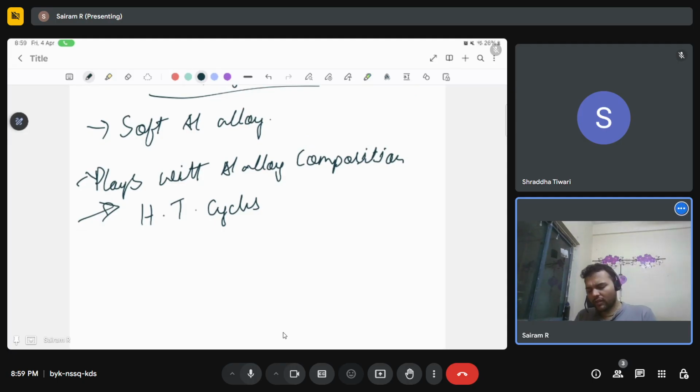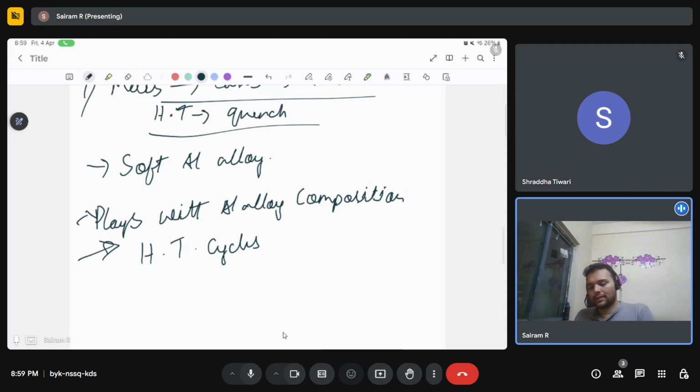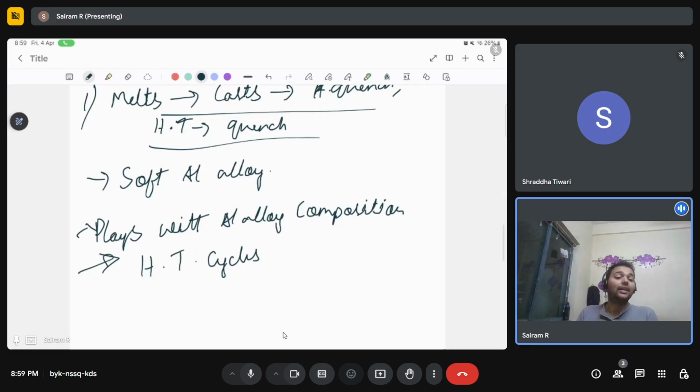In his nth iteration, he has created a large batch, multiple rods or multiple cast products. He has quenched it, he has put it to heat treatment. He has taken a few of those out, and he has quenched it again. And then he still sees that he has not been able to form strengthened